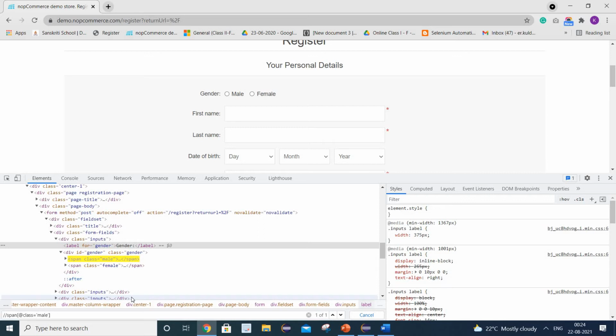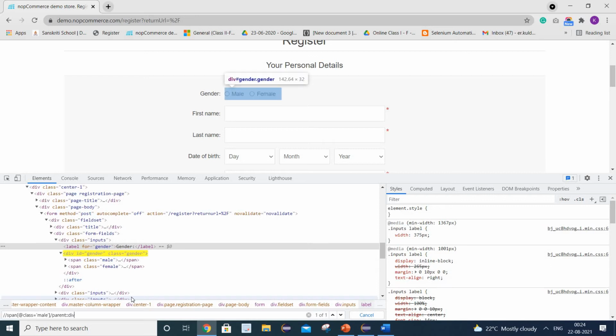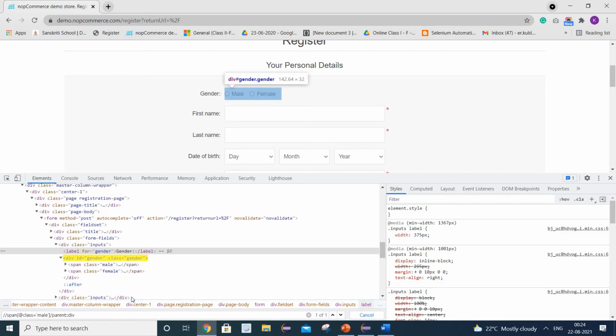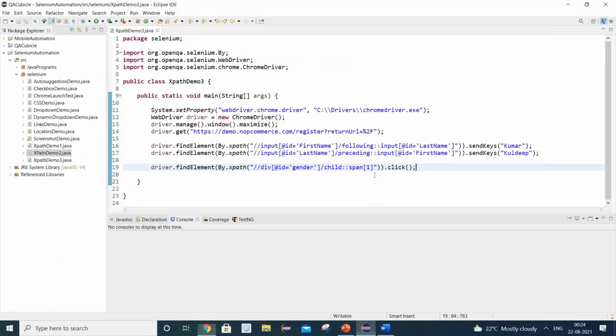So I will write /parent. The starting tag for the parent is div, so I will write two colons div. You can see the parent node is getting highlighted here. I can get the attribute for this particular parent node.